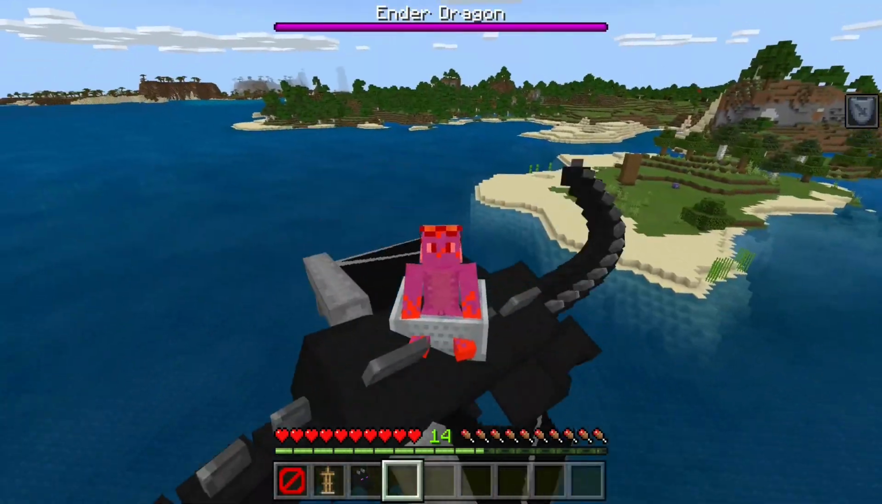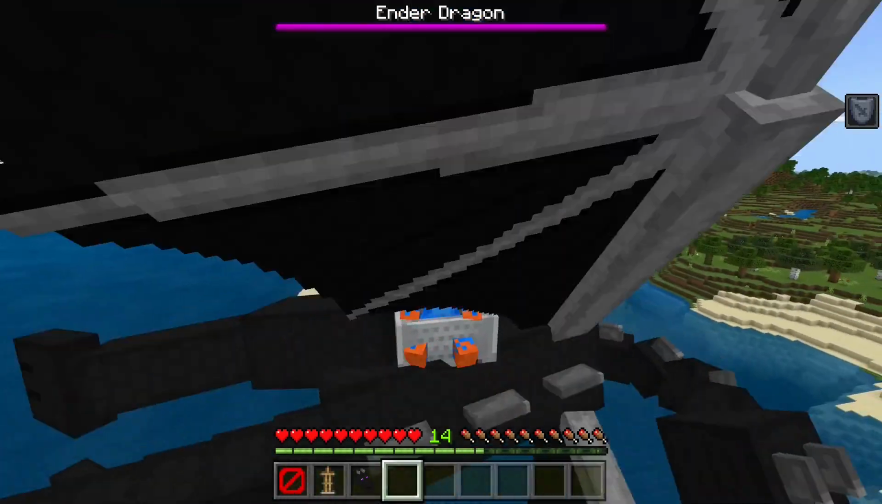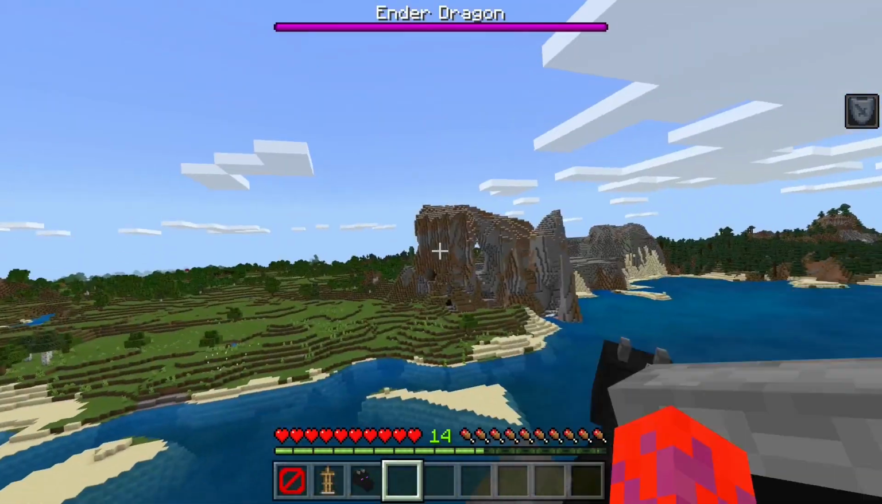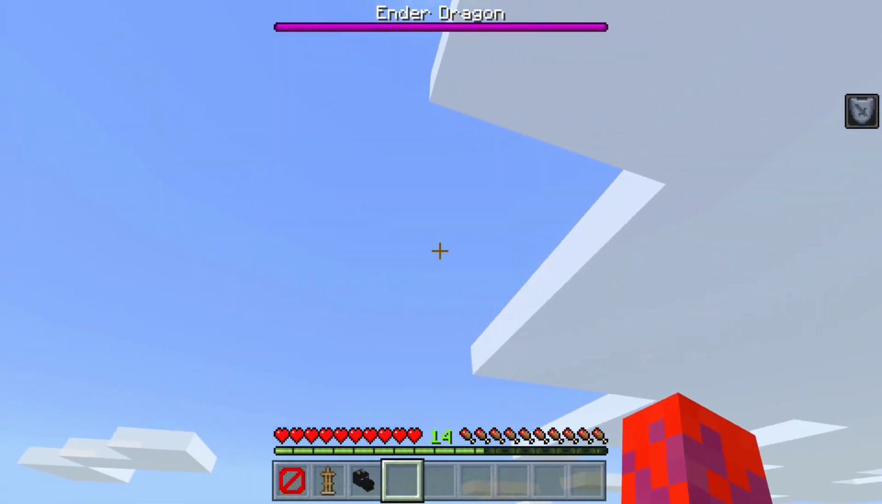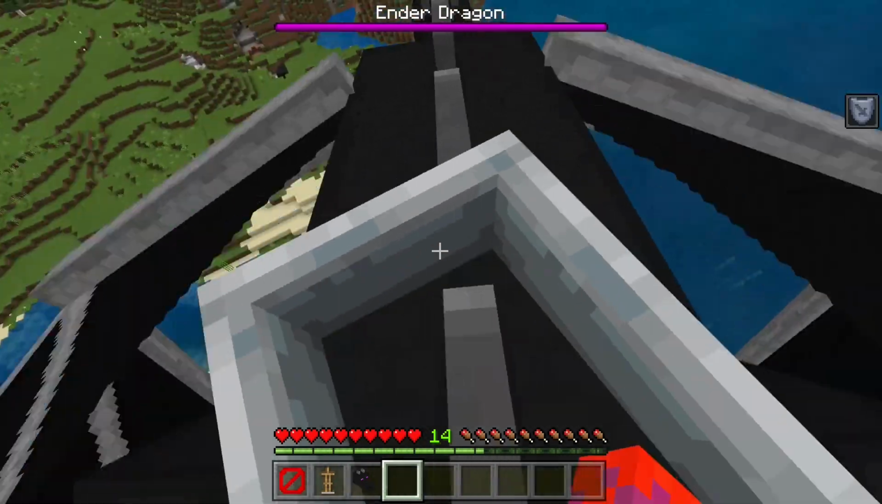So as you can see, I'm riding in a minecart. If I turn one direction, it turns along with it. If I turn the other direction, it will also move. And the cool thing about this is it even has elevation control. So if I look up, the dragon will fly upwards, and if I look down, the dragon will also dive